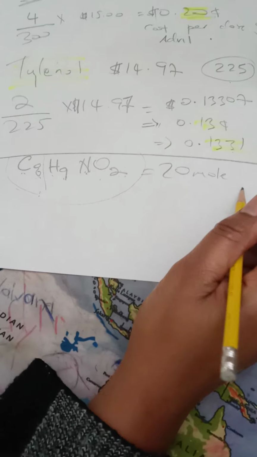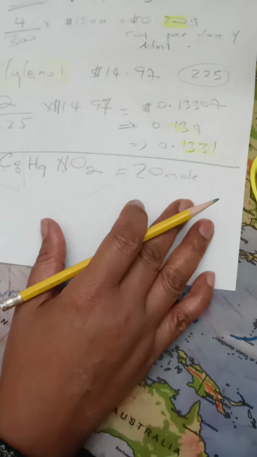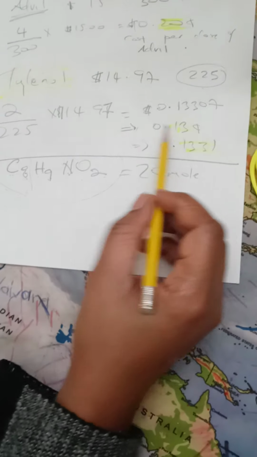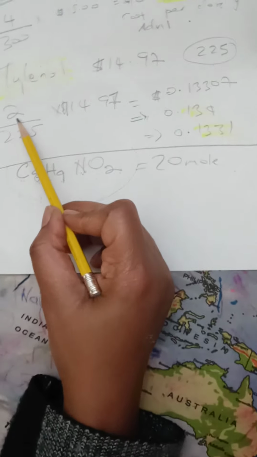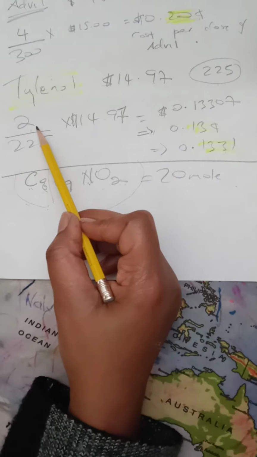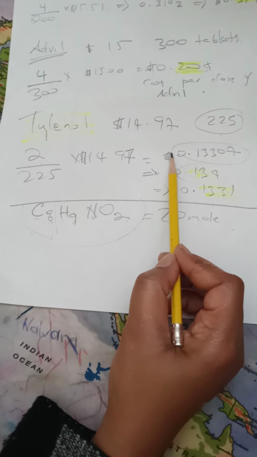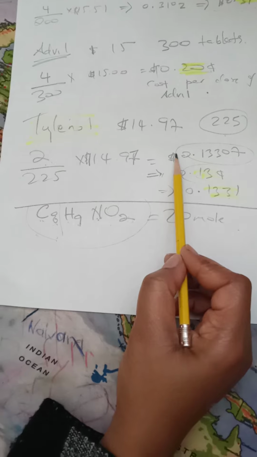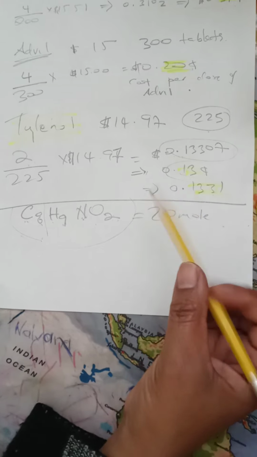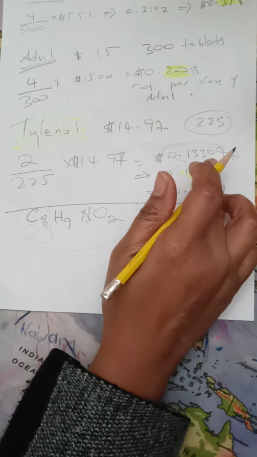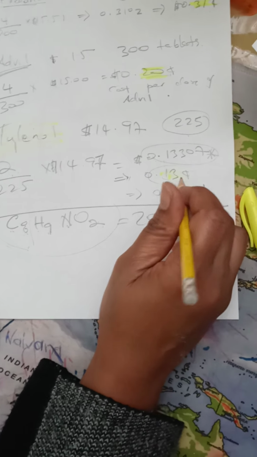So the overall cost for this, remember we had said that 13 cents was for my dose of Tylenol, and that was 2 pills. Now to get 1 pill, we have to divide this by 2, to get the cost for 1 pill of Tylenol. And this is why we kept all of this figured first, because if we round off, we're not going to get the right figure. So we're going to keep